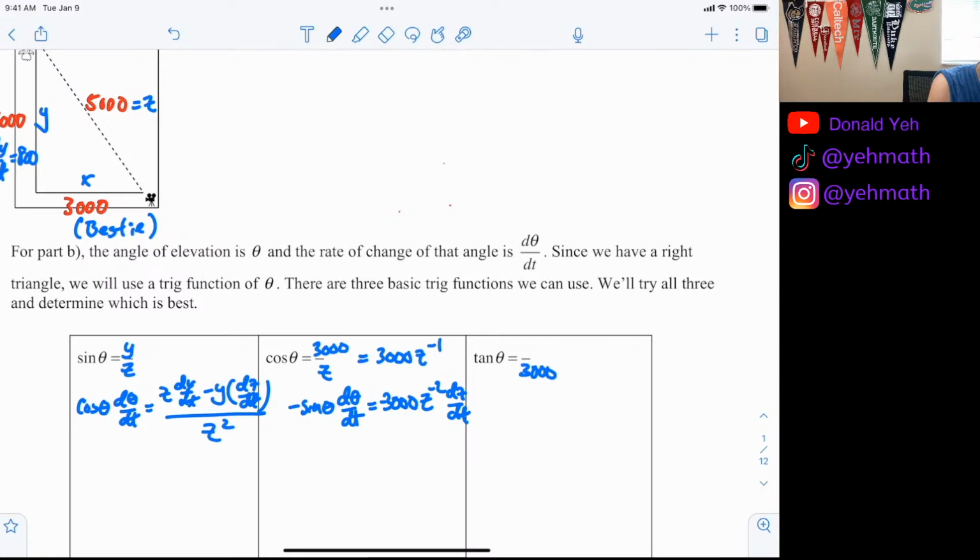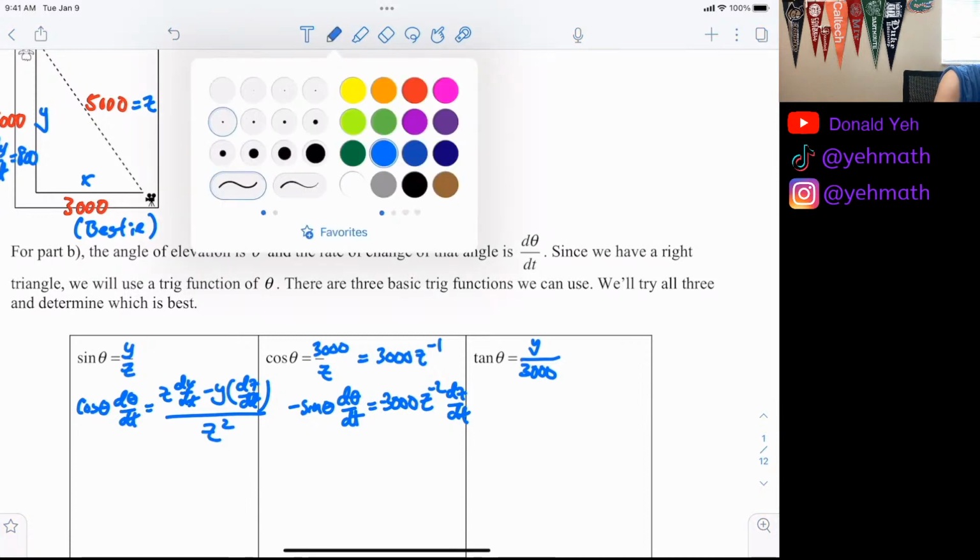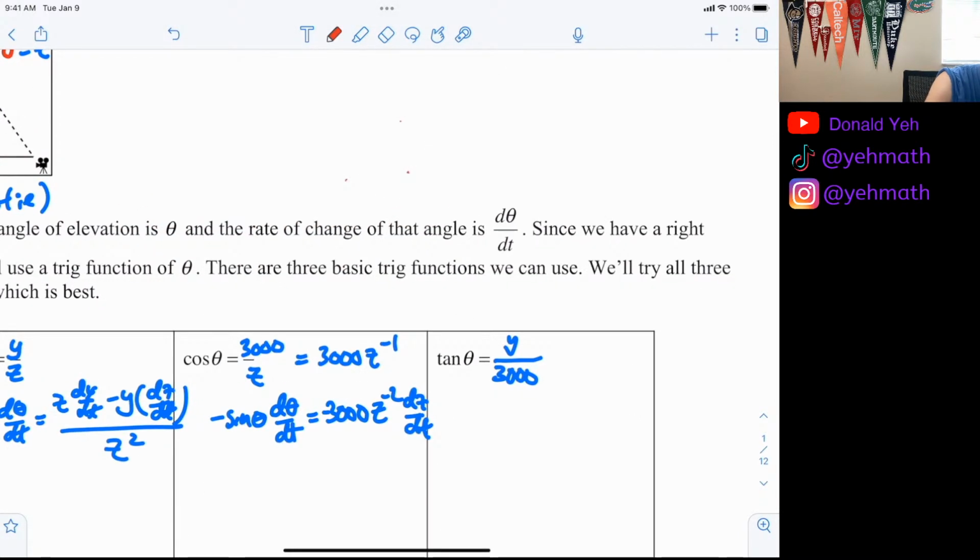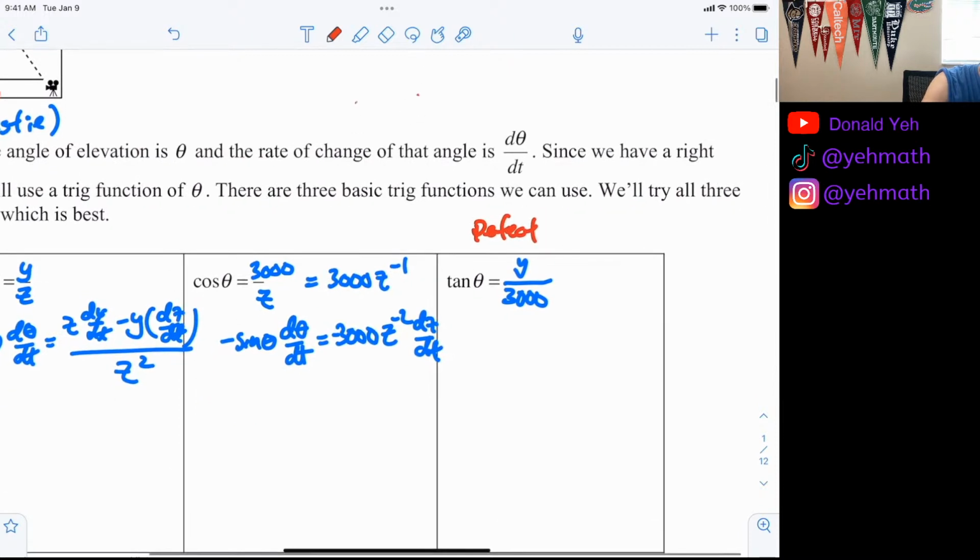Okay, 3000 is on the bottom and the y is on top. So this is a perfect setup, because if you set up this way, it's just pretty. Secant squared theta d theta dt